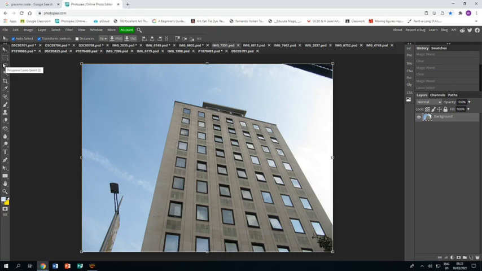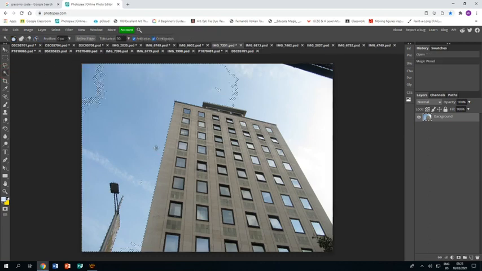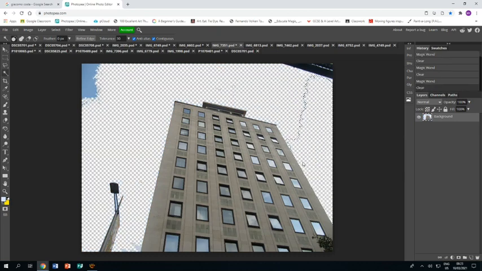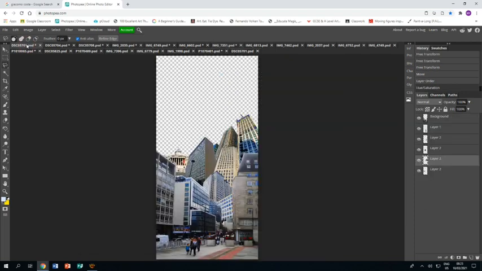There it is, and magic wand the background, a few different parts here because they are different colours. Okay, once that's done, polygonal lasso tool quite close to the building this time to make sure we don't catch any sky in our mask, and then Ctrl C to copy, Ctrl V to paste,